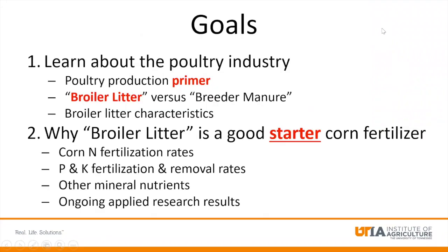So the goals for today are, number one, I'd like for our corn producers to learn a little bit more about the poultry industry, specifically in Tennessee. So I'll begin with the poultry production primer. We'll talk about the origins of broiler litter and what I refer to as breeder manure. We'll focus on broiler litter characteristics. We'll also discuss why broiler litter, in my opinion, is a good corn fertilizer, and particularly a good starter corn